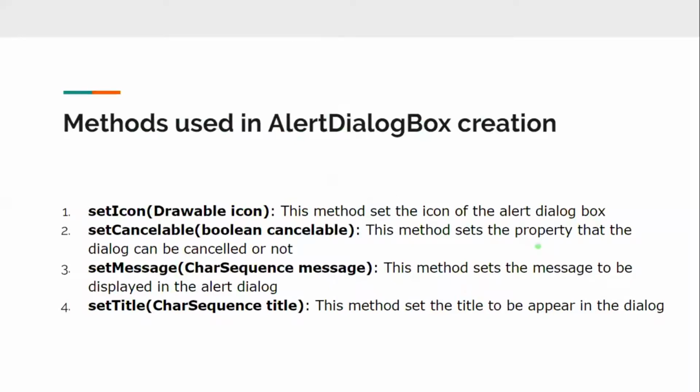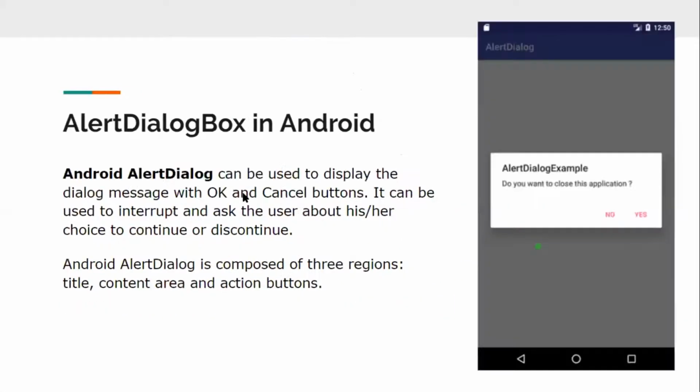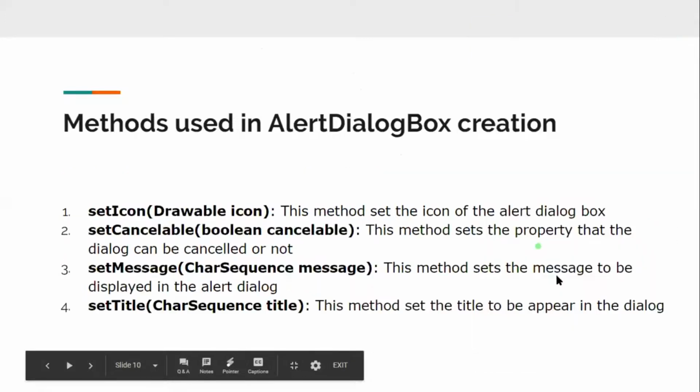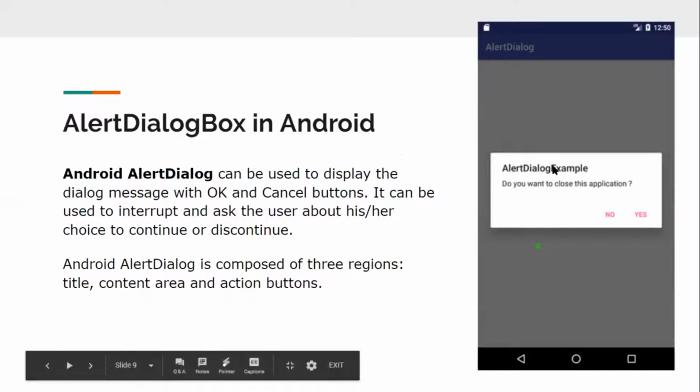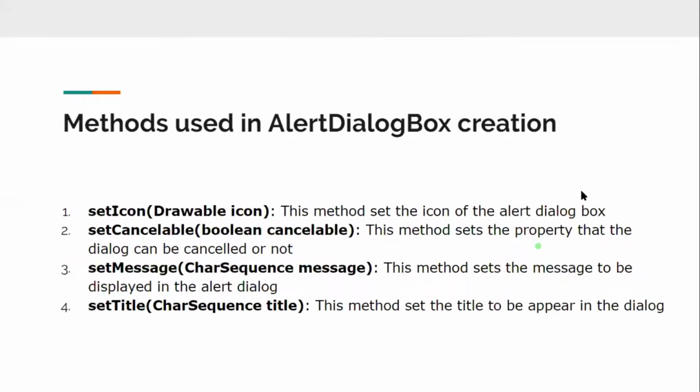For example, let's say the user is not selecting the positive button or negative button and is clicking on some other part of the screen. That is known as the cancelable property of the dialog box. I'll just take you to the screen. Let's say this is the alert dialog box. What if the user clicks on the positive button, then a certain action should happen. And if your user clicks on the negative button, then a certain action should happen. But there's also one thing. Sometimes you can also click on this part of the screen, and at that time, the alert dialog box might vanish. So whether it should vanish or stay there is decided by the cancelable property. Now we shall move to the implementation of the alert dialog box.